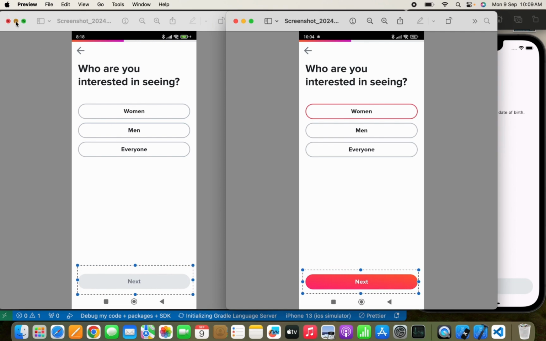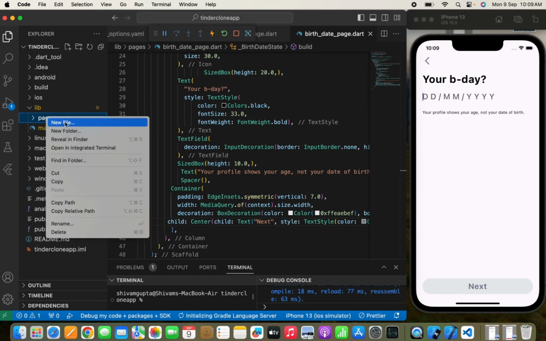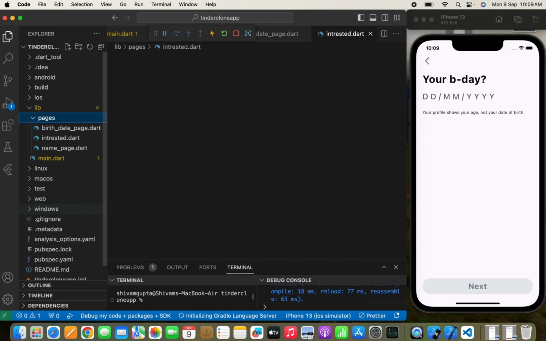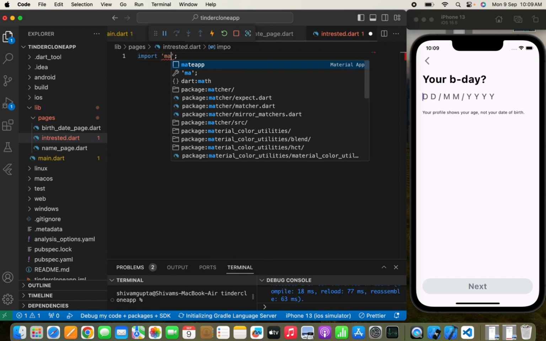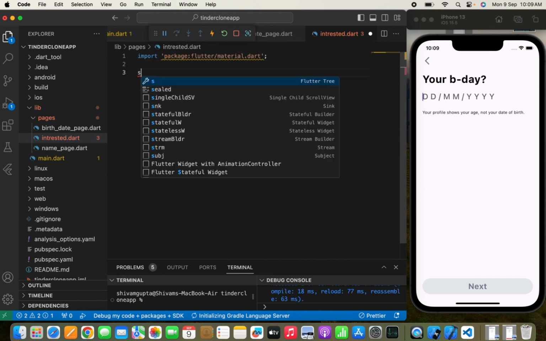So let's do it, and let's move to the pages folder, and we'll create a new file which will be interested dot dart, and we'll simply import the package by using material.dart, and we'll create a stateful widget which will be